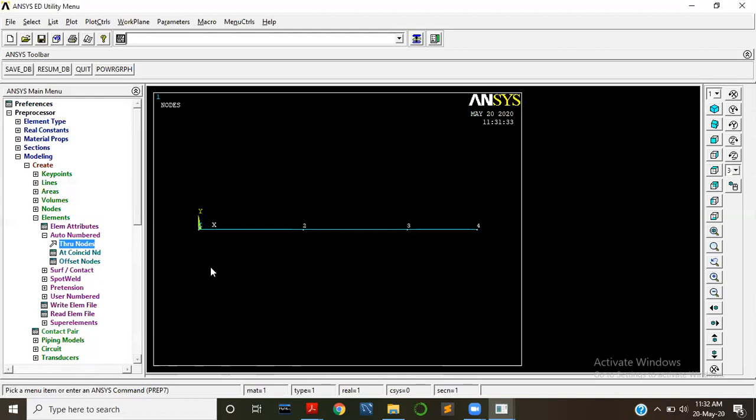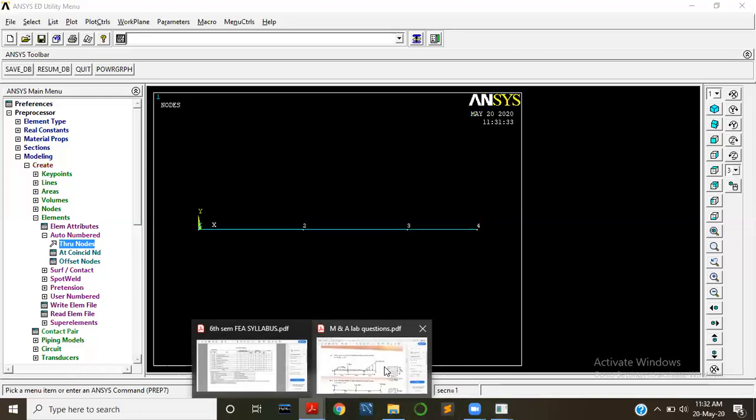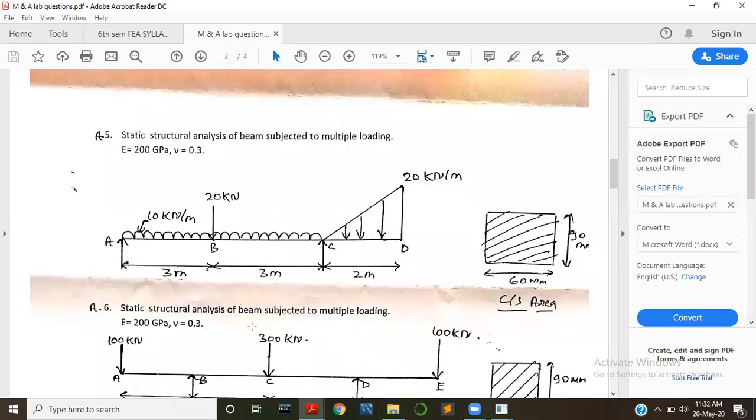The next step is we need to apply the loads. So what data are given in the question? At point A and point C, it is simply supported. At point B, a vertically downward load is acting.